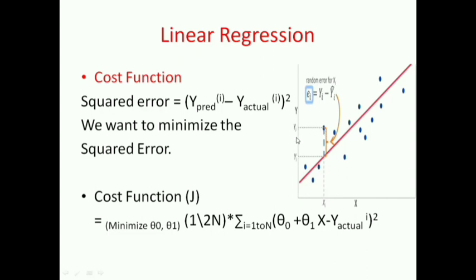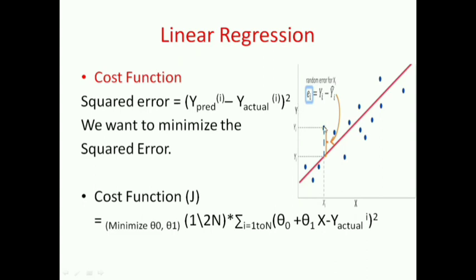So there is a difference between y2 and y1. That means there is a difference between the actual value and the one that you predicted. This difference is called the error. Similarly, for all these different data points, the vertical distance between the blue points and the red line represents the error. How do we represent this error? We represent it using squared error. That is, we find the difference between the predicted value and the actual value and take the square of it.